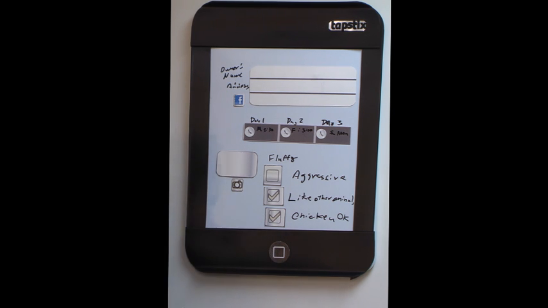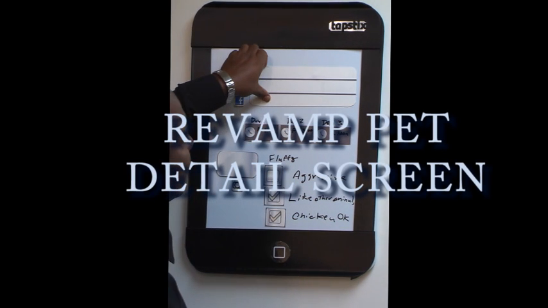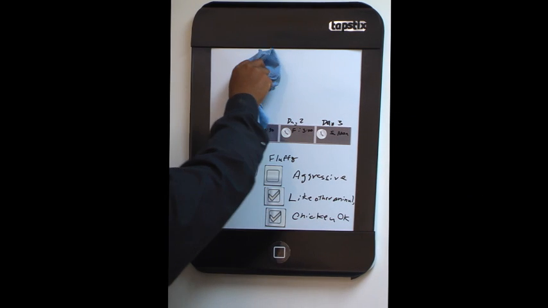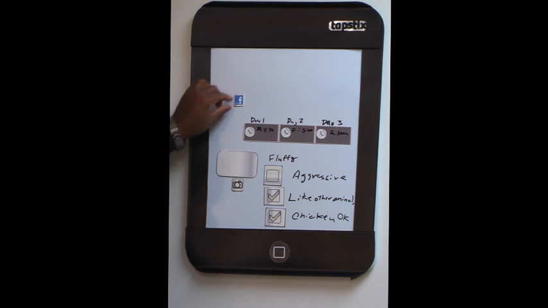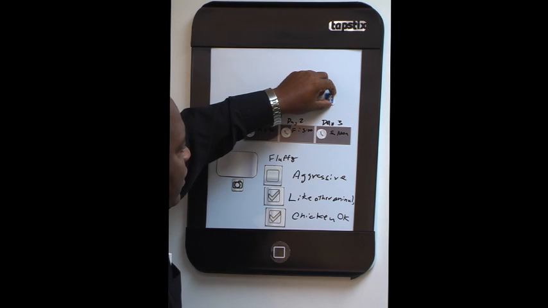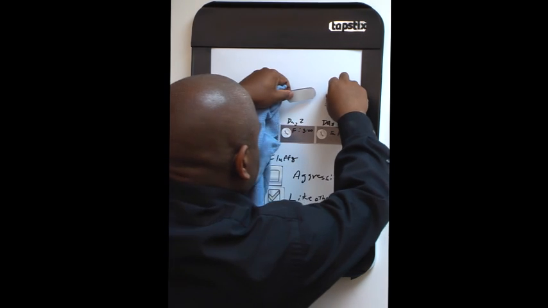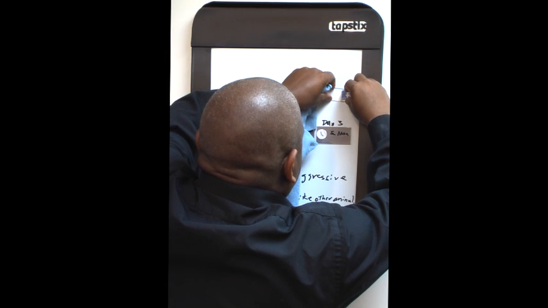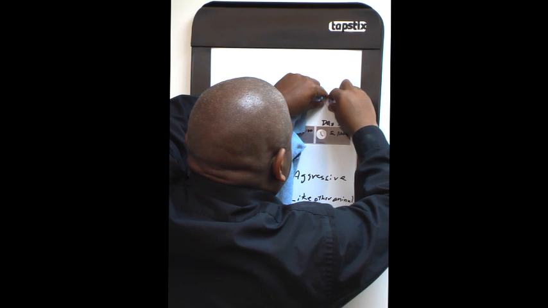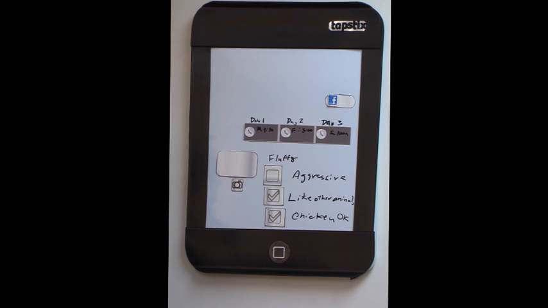Owner's name and address. Say that's not as important. Say we don't even need that information because it's already stored and we get it straight from our link with our Facebook account. So we just want to have a button that links us to the Facebook account. Let's see. Let's just say it's a button. And then I say log. May have some note there. Okay. Next,